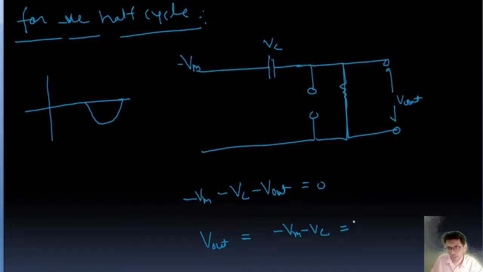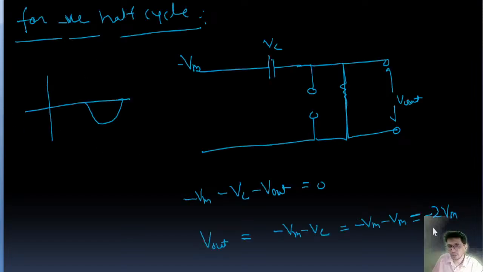So this is going to be minus Vm minus Vm, that is minus 2 Vm, right? So the output voltage, the output waveform is going to be minus 2 Vm, guys. Okay, because this one is minus Vc, and this one is minus V out, right? Minus 2 Vm means the output